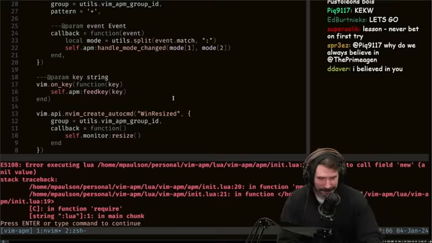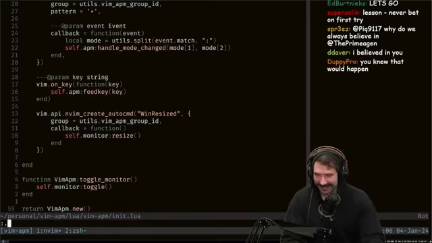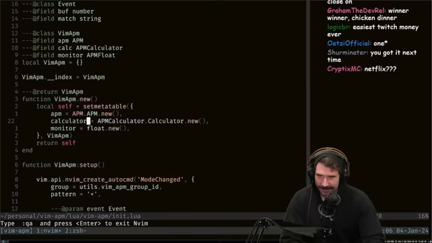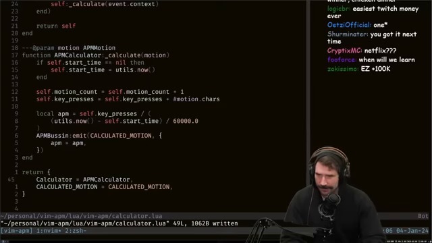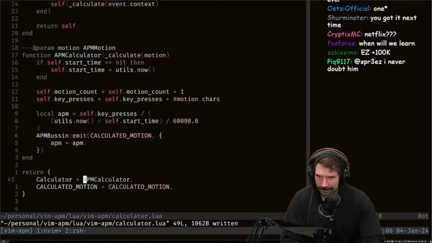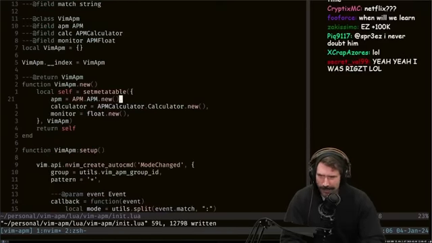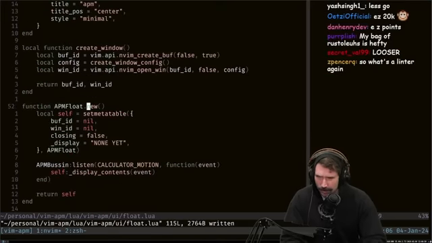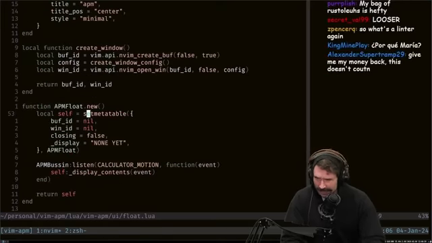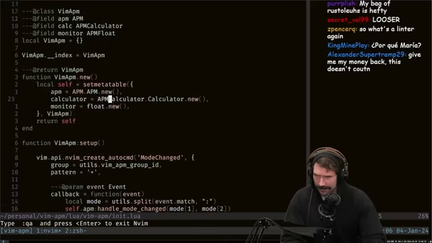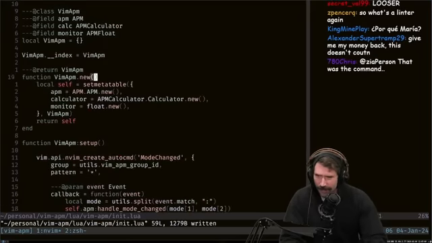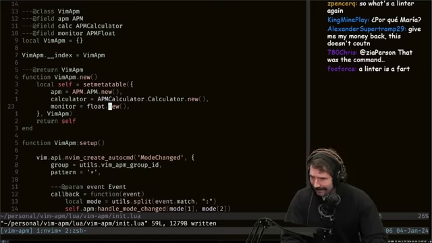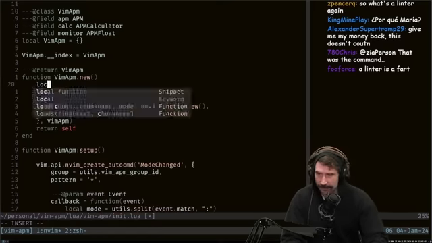Damn, typeless languages are hard, man. Which one is it, this one? It said line 20. Line 20 is right here. What the hell? All right, let's go like this. Local,